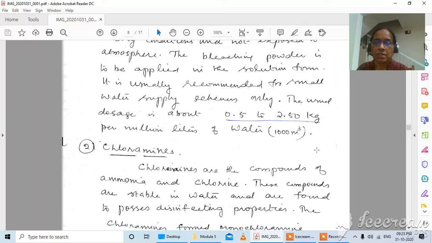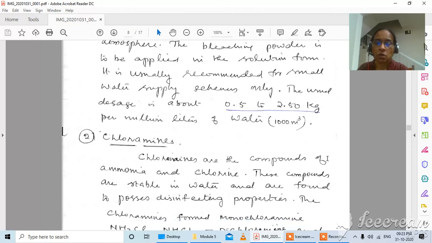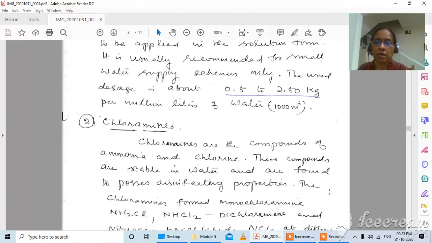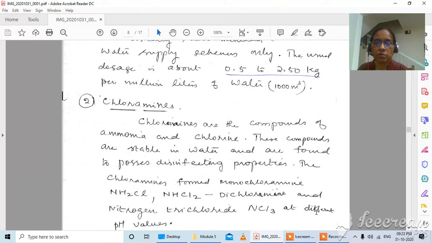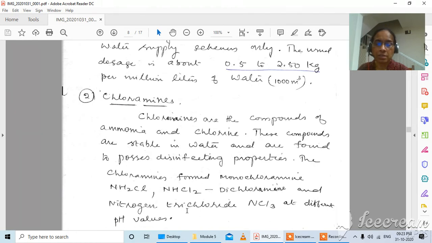And now the second form of chlorine, that is chloramines. The chloramines are compounds of ammonia and chlorine. These compounds are stable in water and are found to possess disinfecting properties. The chloramines formed are monochloramine, that is NH2Cl, then NHCl2, that is dichloramine, and nitrogen trichloride, that is NCl3,